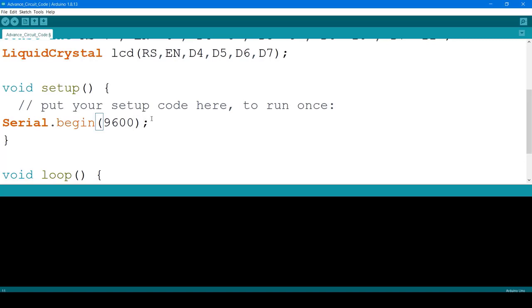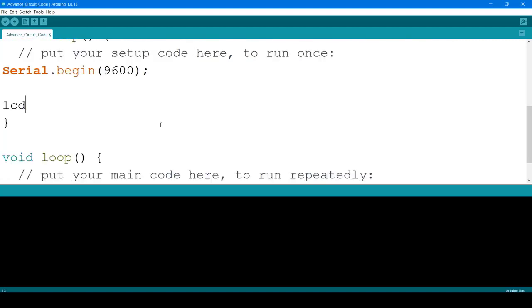This is basically to start serial for debugging. After that we need to call our LCD, and to do that we need to write lcd.begin. It will take two inputs, which are the number of columns and rows, and we have a 16 by 2